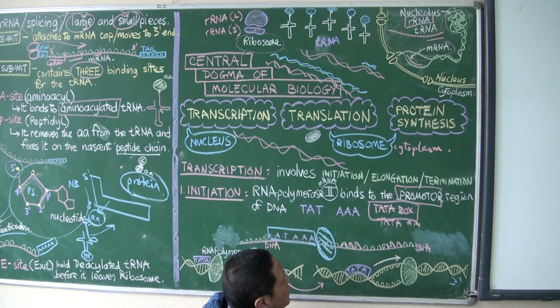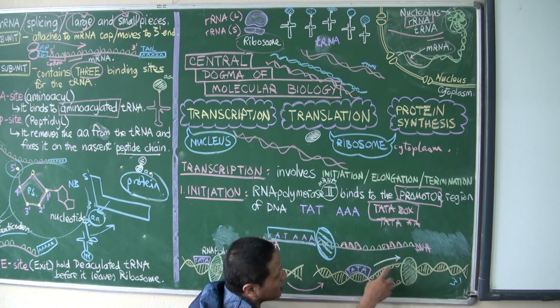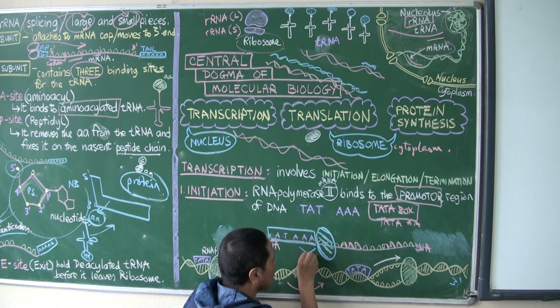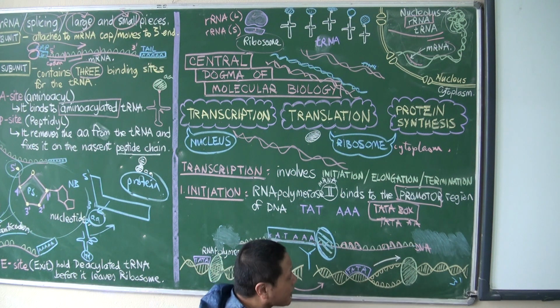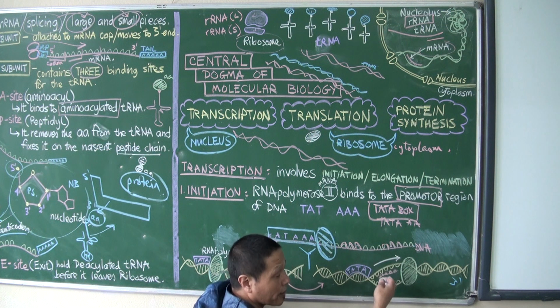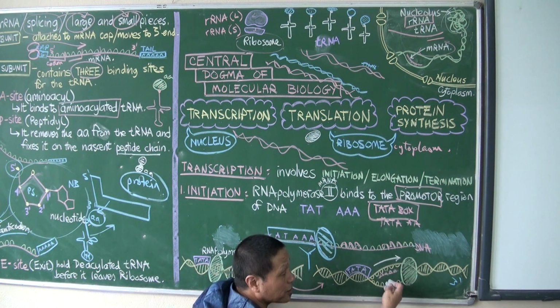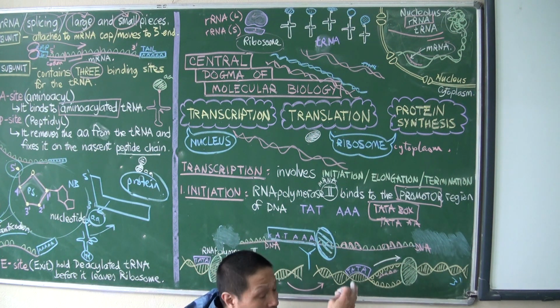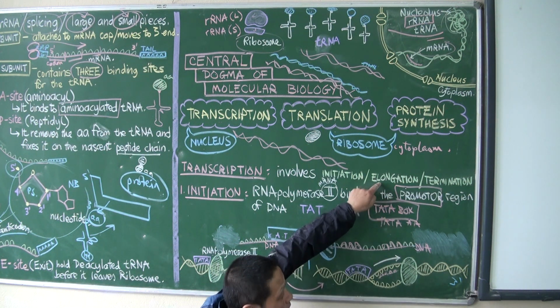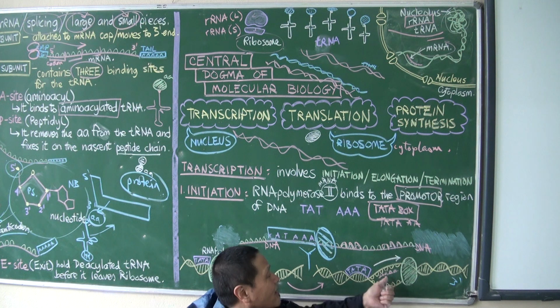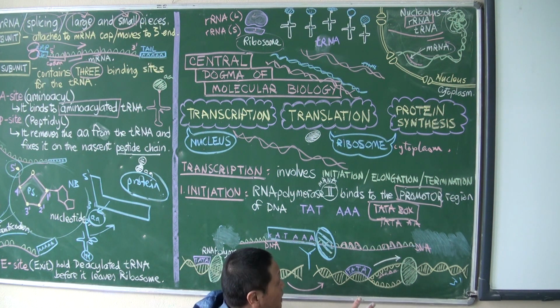So this is what initiation is all about. Initiation is the formation of a Y fork. This is known as the Y fork. Once the Y fork is formed, only then can the mRNA be produced by copying. How this is copied we shall discuss in another video that talks about elongation. It needs an entire video on it. So let's just settle here.